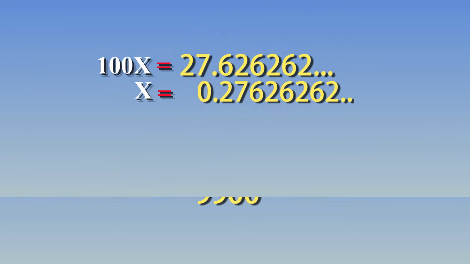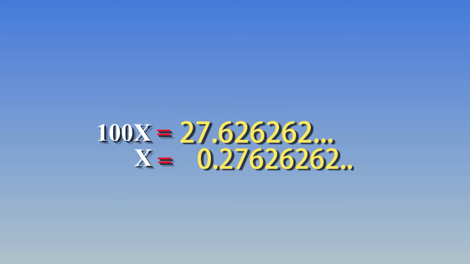Now you may be wondering why in our second example we didn't just do 100x minus x. Well, look what happens if we try that. 100x equals 27.62 recurring, and x is our original decimal 0.27 with 62 continuously recurring forever after that. For these two numbers, the numbers after the decimals differ slightly. So when subtracting x from 100x, we can't just cancel the numbers after the decimal point because they are not exactly the same number. You'll need to do some extra work after subtracting. It is doable, but I like to keep things simple.